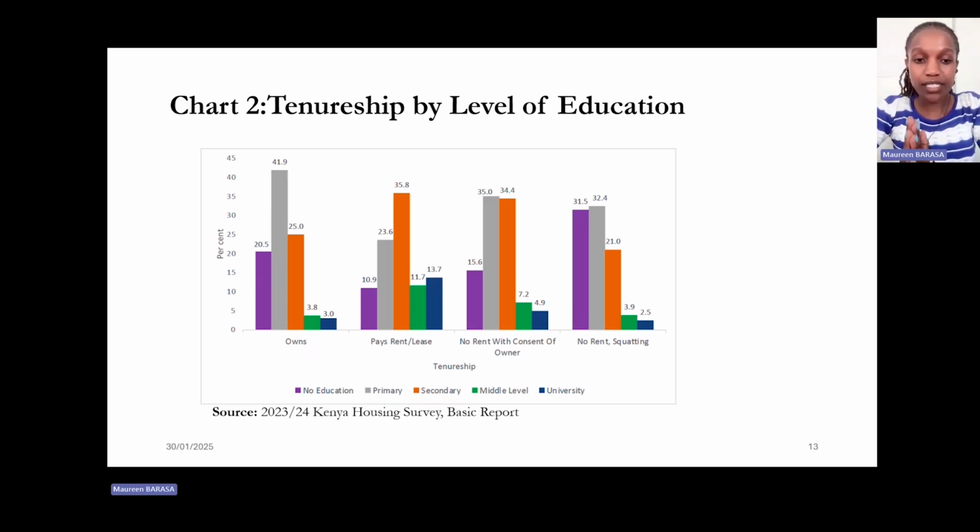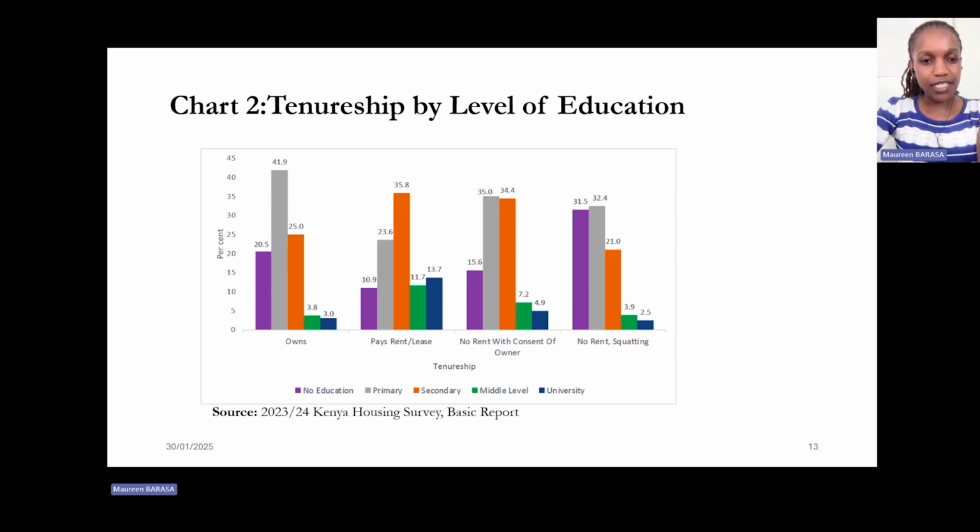This chart simply shows the different modes of tenureship status across all levels of education, and all levels of education are covered in tenureship. So all levels of education are included in owning houses, in paying rent or leasing, in no rent with consent of owner, and also in squatting. So for tenureship